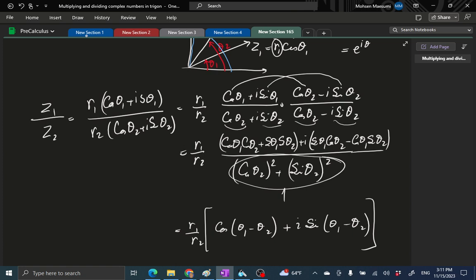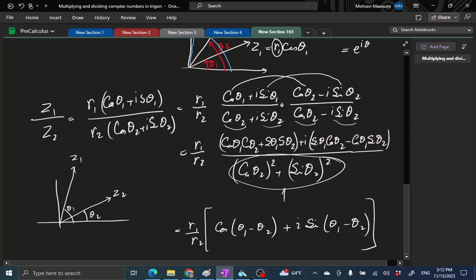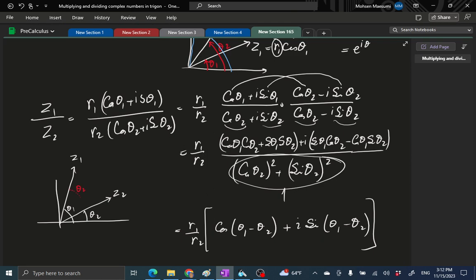That's the same as saying, if this is Z1 and this is Z2, and this is angle theta 1, this is angle theta 2. What I need to do is back this up as far as angle theta 2, and the product is going to be on that, because now this angle is theta 1 minus theta 2. How far does it go? As far as the ratio of the two complex numbers that we had. So